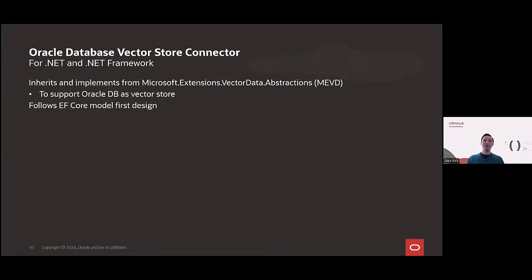with .NET AI functionality. So we've created this Oracle Database Vector Store connector, and this works in both .NET Core and .NET Framework. It's an implementation of the Microsoft Extensions Vector Data Abstractions. That is the way that Microsoft has constructed how to work with vectors and AI apps, and allow any provider to plug into that framework, so that the Oracle database in this case can be used